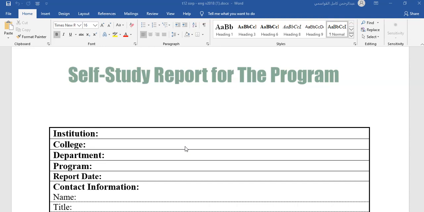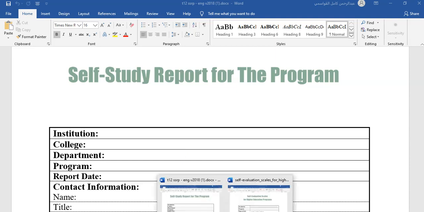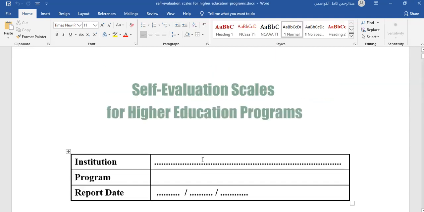This report is similar to the annual program report, but here it is extended and it is based mainly on the self-evaluation scale. So before filling this form, the self-study report for the program, we have to have a look at the